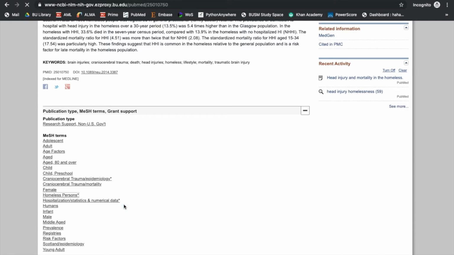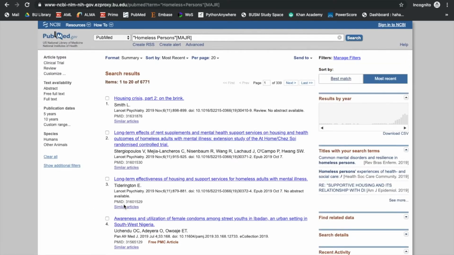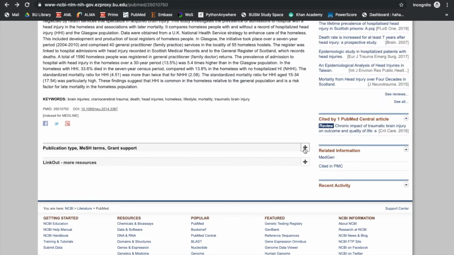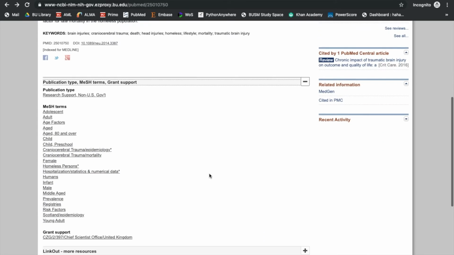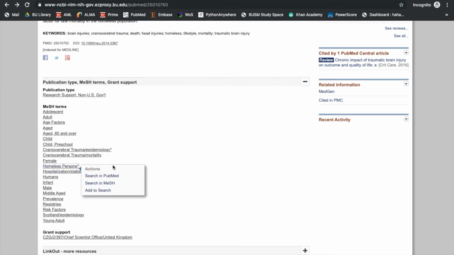If I click that, it gives me a list of all the articles in PubMed that are tagged with this term, homeless persons. If I go back to the previous page, check out those MeSH terms again. If I click on the MeSH term homeless persons again, instead of clicking Search in PubMed, I this time